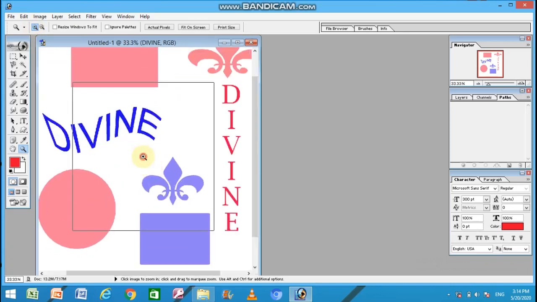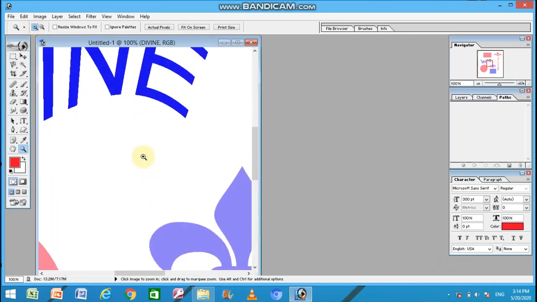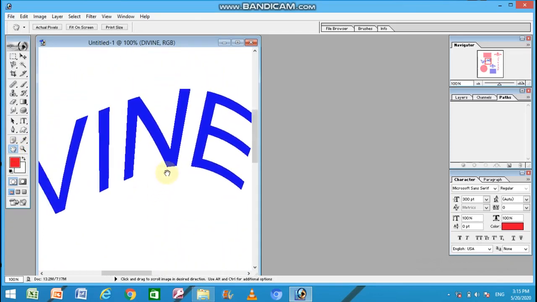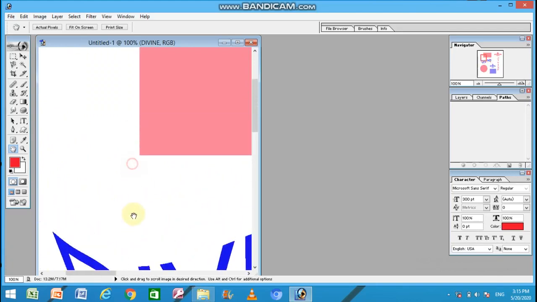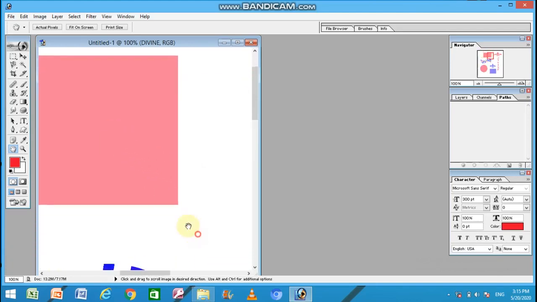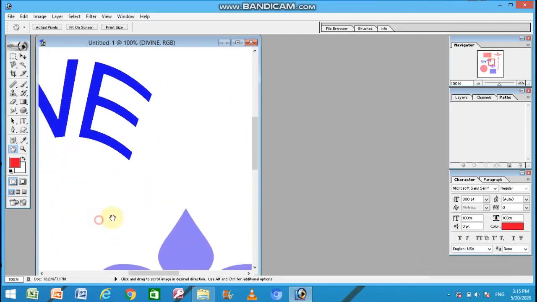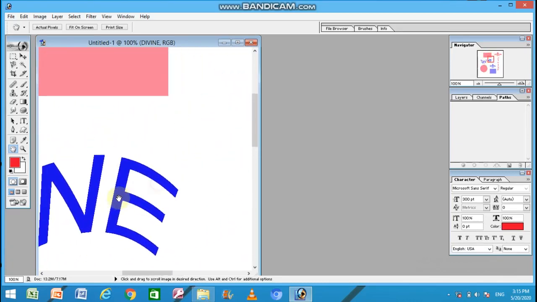Sometimes image is so big that we cannot see it in the single window. As right now I am unable to see the complete graphics into this window size. So for watching other parts of the graphics, I can use this hand tool to pan the image. When you select the hand tool, the mouse pointer will convert into hand shape, and when you drag it, you can see the graphics will also be dragged, means it is giving the effect like you are shifting the page wherever you want to shift it.